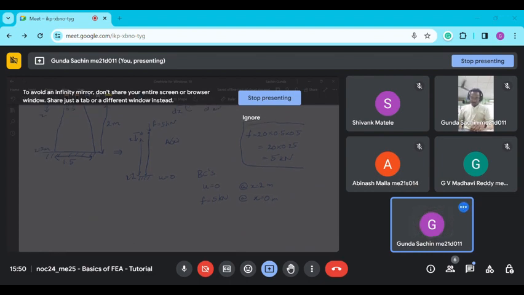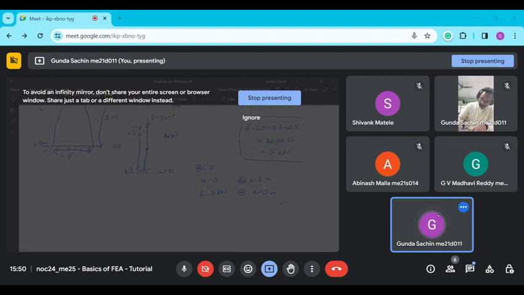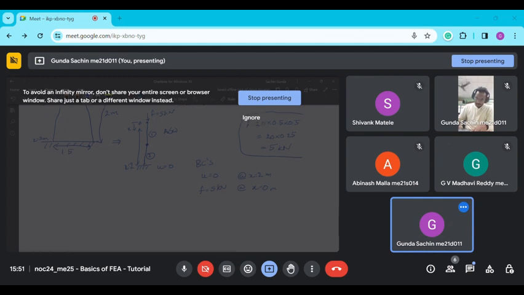We need to discretize the domain into elements. For simplicity and for calculation, we'll just divide the domain into two elements. Let's say this is element 1 and element 2,